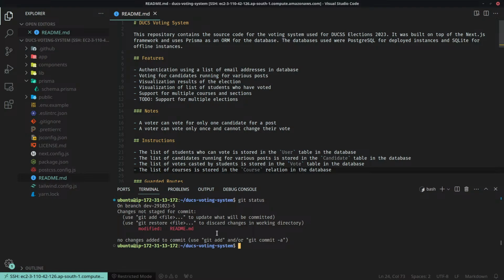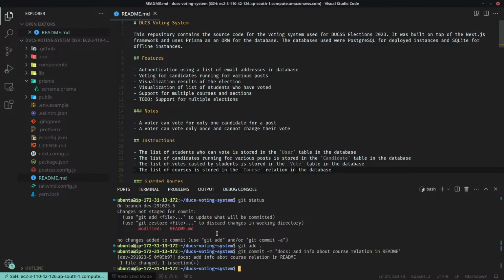Status, we have modified a file. We want to add that. Git add dot. Git commit, what will I do? What is the message? Docs, add info about courses in readme, about the course relation. It's very self-explanatory, right? This is done,